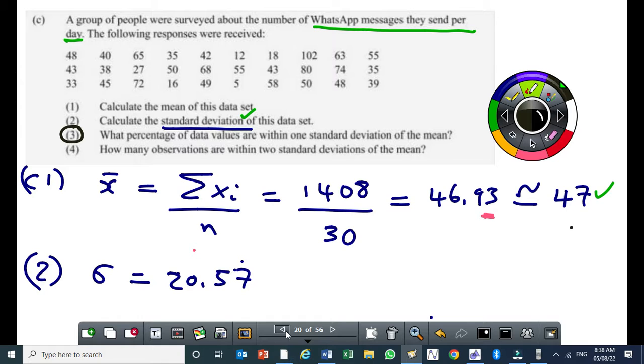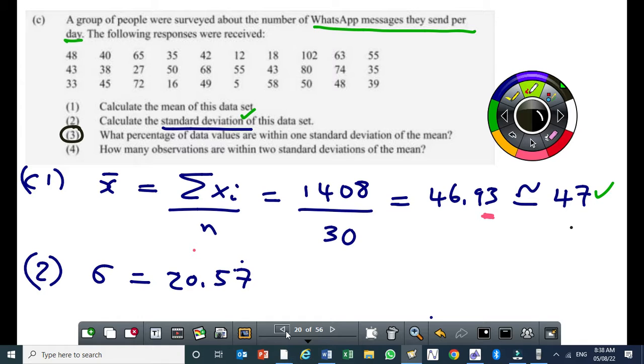To my right, I'm the mean. Remember, I told you that the mean is the reference. That's like the headquarters, or head office, if you want to say that. So, if we want to determine the percentage of data values that are within one